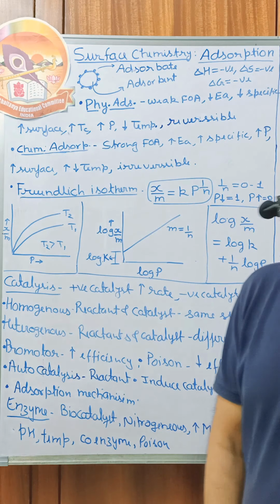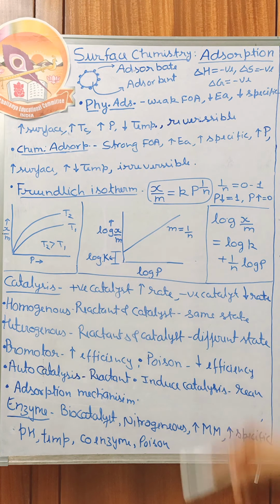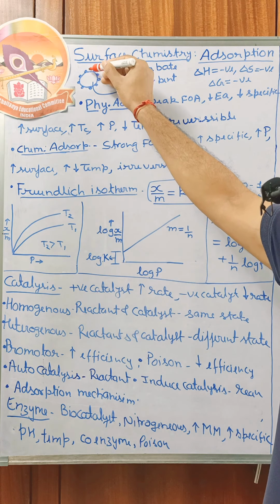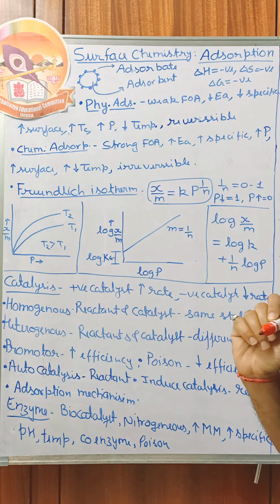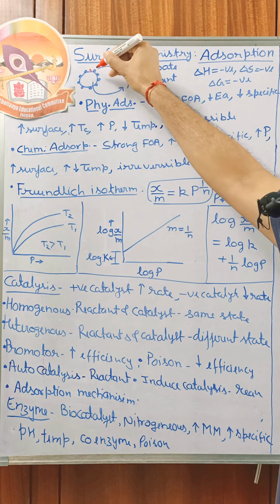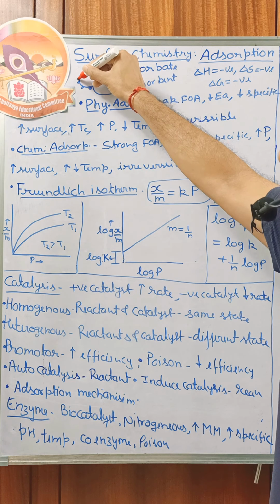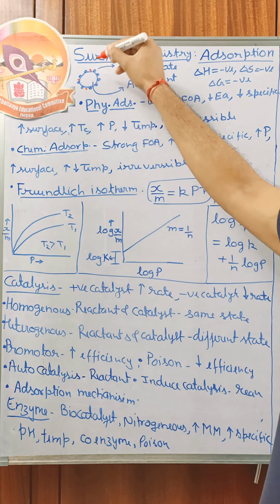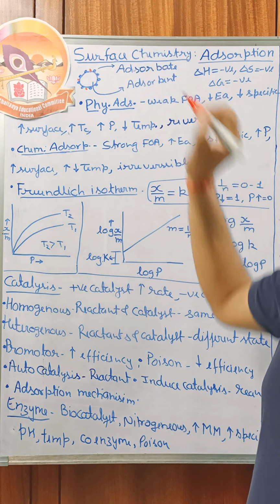Okay, so look, in surface chemistry first we have adsorption. What is adsorption? Suppose we have a solid. At the surface of the solid some residual valencies are there. Due to the residual valency, what does it do? It tries to attract the particles of a new substance. When these particles attract at the surface, this process is called adsorption. These particles are only present at the surface, not present in the bulk.